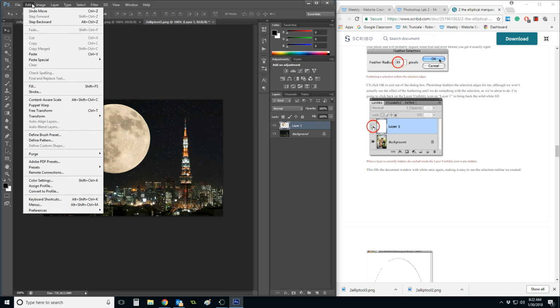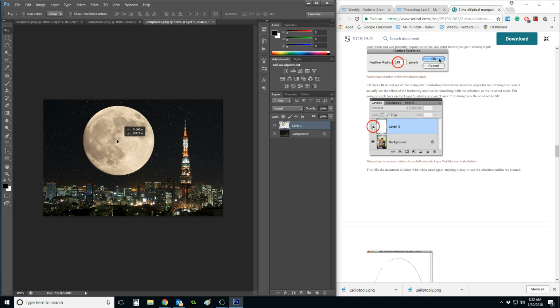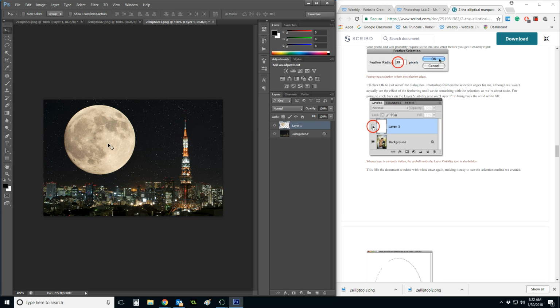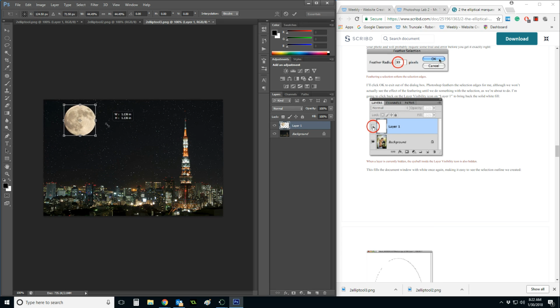You can also get to it from the menu. You can go Edit, Transform, Free Transform. The shortcut here is Control T. That one is one you should just know because you use it so many times. Anytime you want to scale something down, hit Control T. It'll give you these handles to scale. Again, if you hold down Shift, it will keep the ratio the same